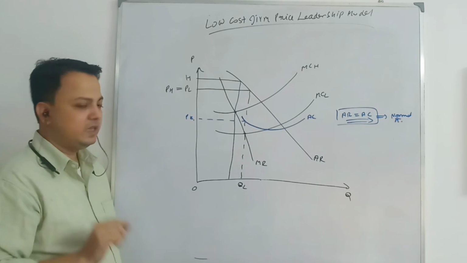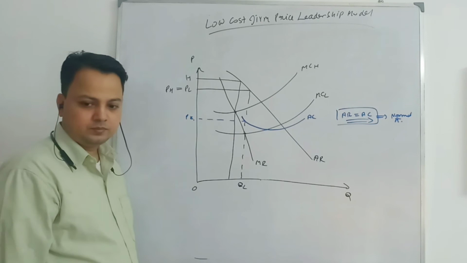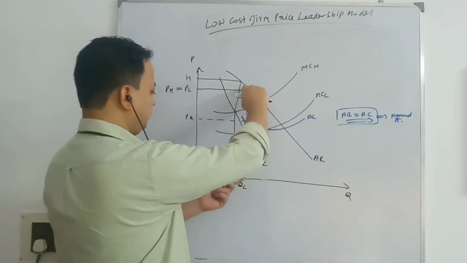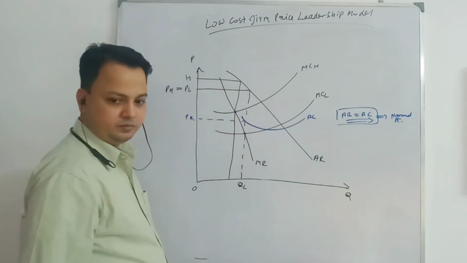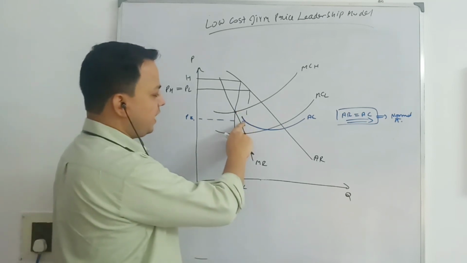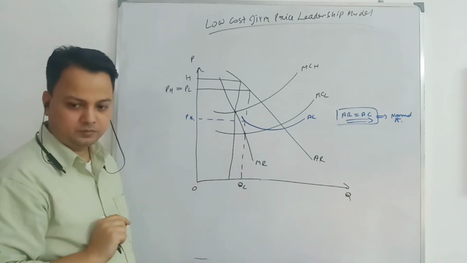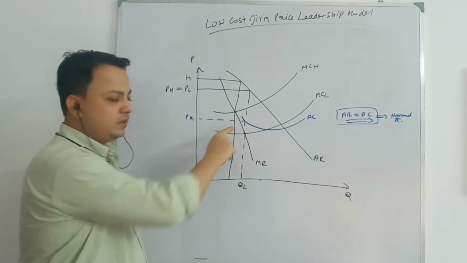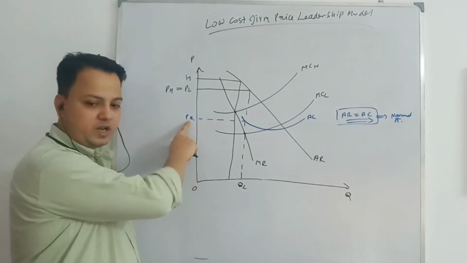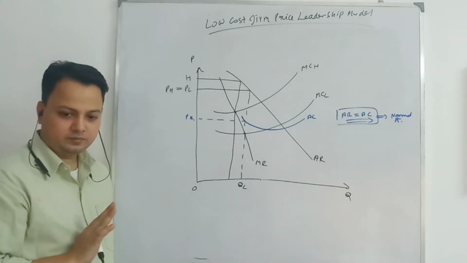Also, if the no cost firm wants, it can drive the high cost firm out of the market. Look at this average cost curve. This is the average revenue of the no cost firm. Price is the average revenue of the firm. So here AR equals AC, and the no cost firm is earning normal profit. But it will drive the high cost firm out of the market. If the no cost firm starts to charge OPK price, it will drive the other firm out of the market. Clear?